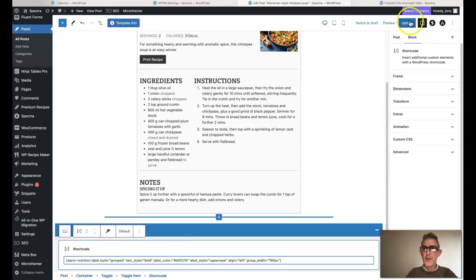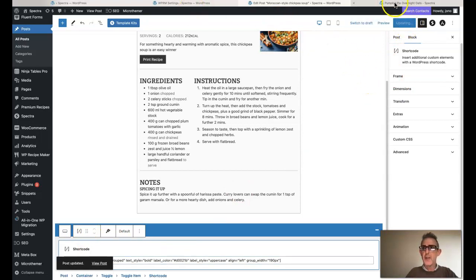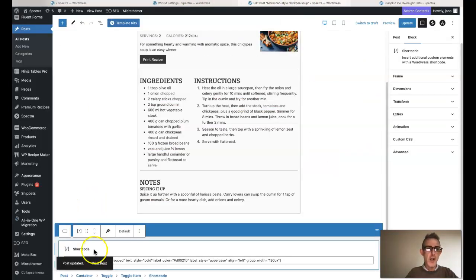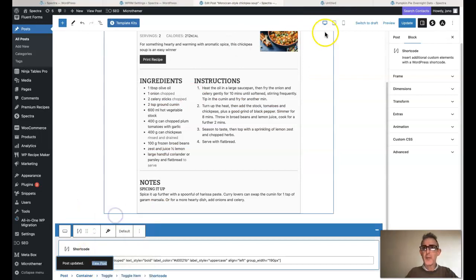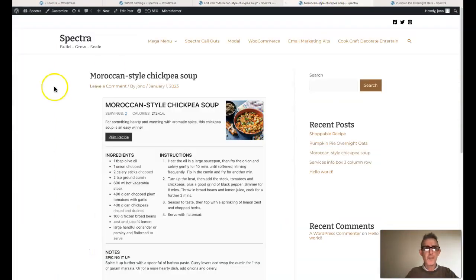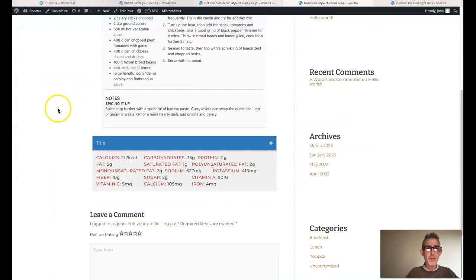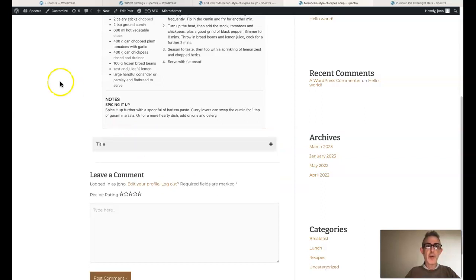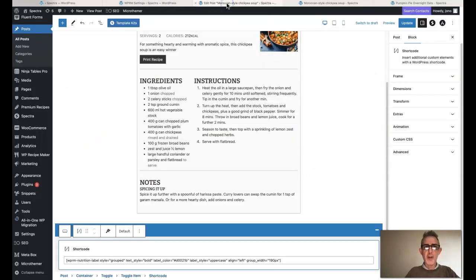And so I just want to save this now, and I want to, oh sugar, that's the wrong side, folks. So I want to see now how it looks on the post. There it is, folks. Now the problem is when the page loads that we can see the nutritional data, and we want it closed, okay? And we want to change the title as well. So we want to go back in,